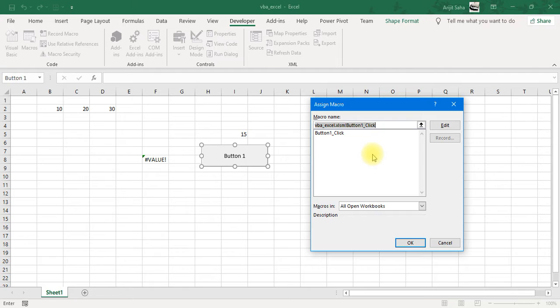We have to remember that a sub is able to perform a task, but it does not return any value to us, whereas a function can return a variable or a value. It can return something to the user. So this is the simplest of differences that you should be familiar with between a sub and a function.